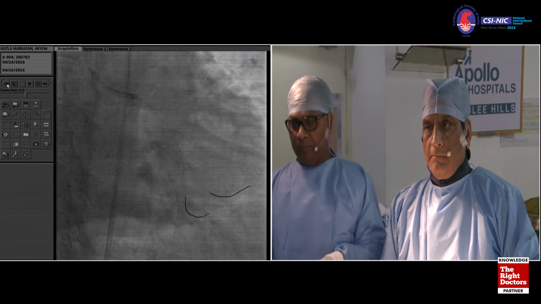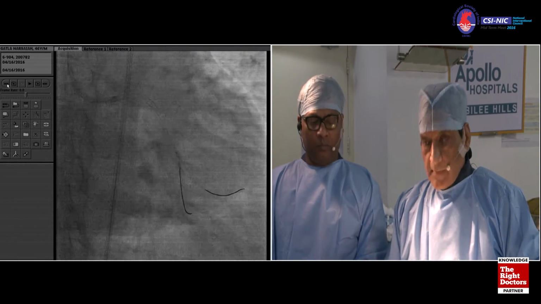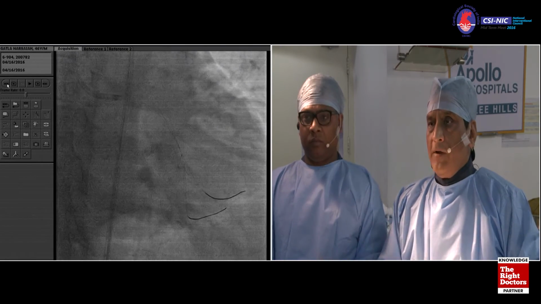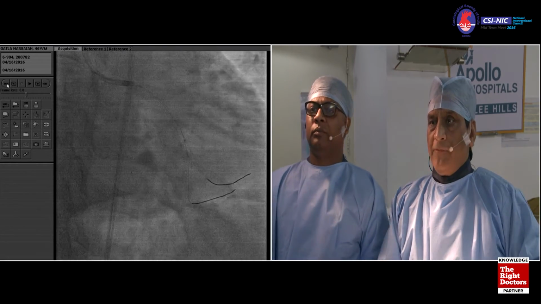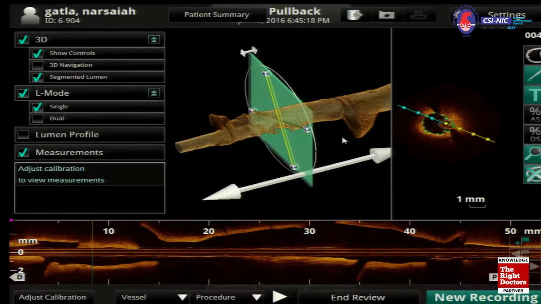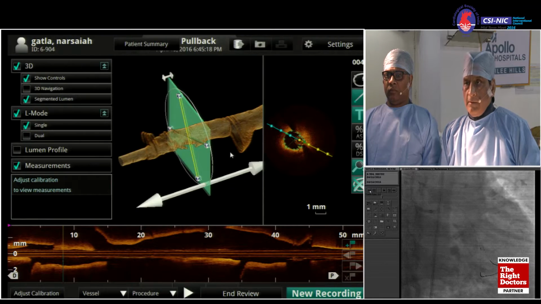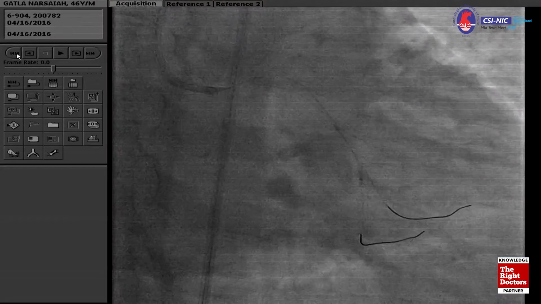Okay, cross. So do you change to a small balloon? To the small balloon. This is now a new 1.5. What balloon is this? Sprinter. It's a 1.5 Sprinter. How many millimeters in length? 10. You should be able to cross with this balloon. Yeah, good. Go up. Open this first. Got it. Yeah. So once you do it, then we have our 2.5 balloons ready.